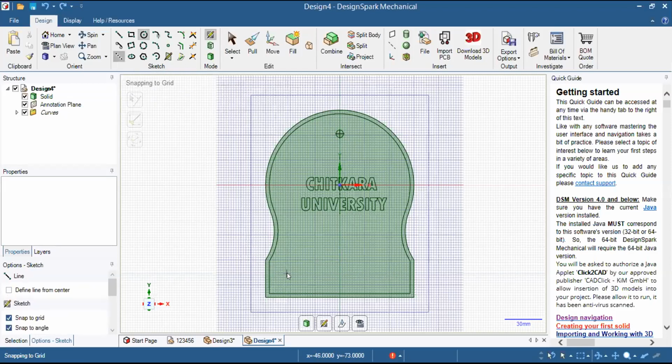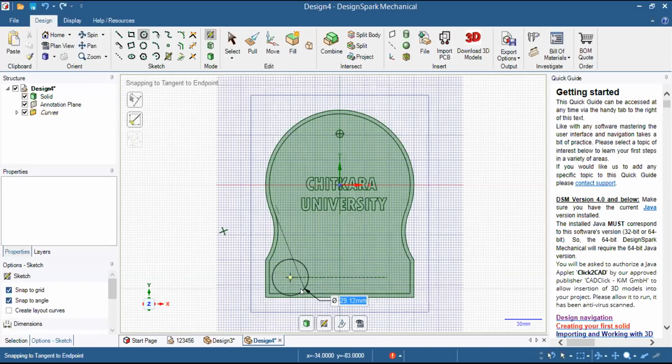For having better symmetry, what we can do is we can create a construction line so that you can get an approximate idea where the circle is to be placed. So we will click on a circle with 6 mm and at a distance of 78 mm, we will create another circle that is of 6 mm.